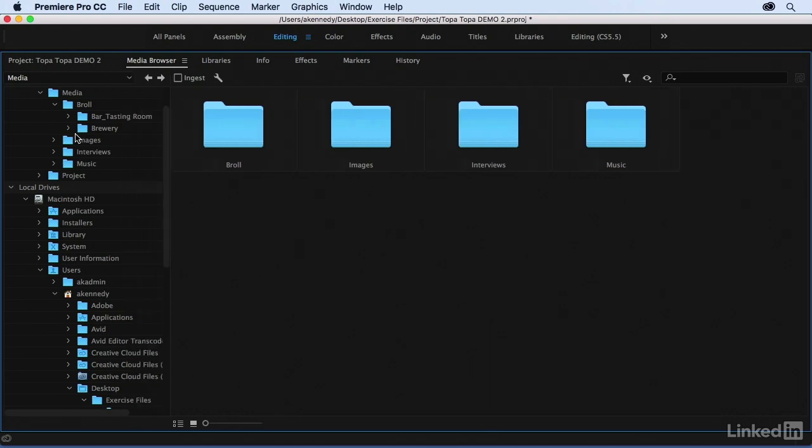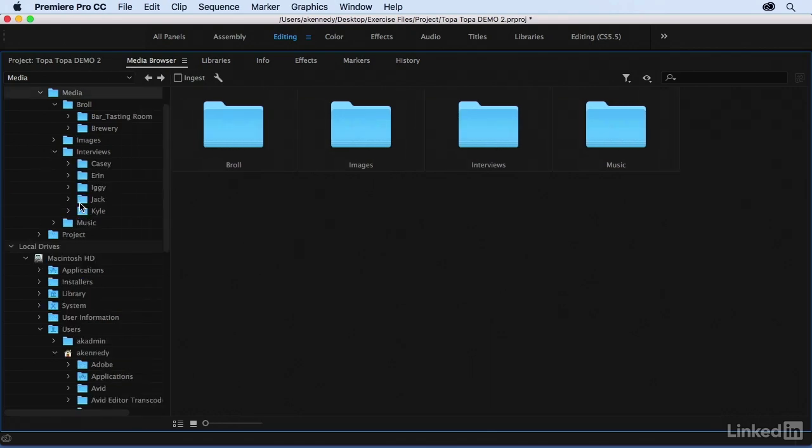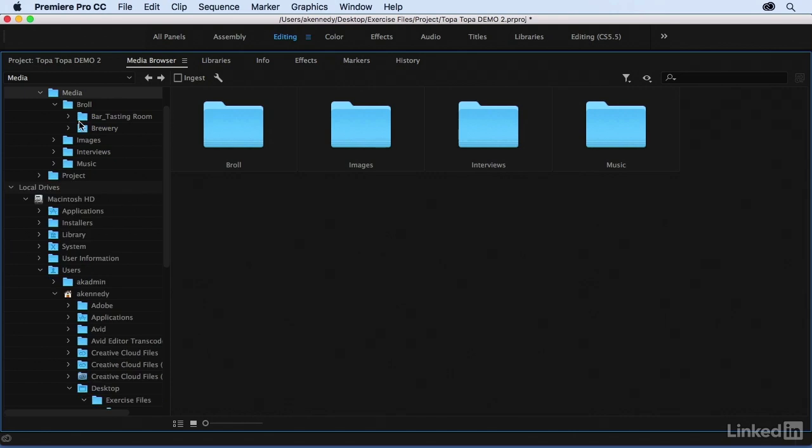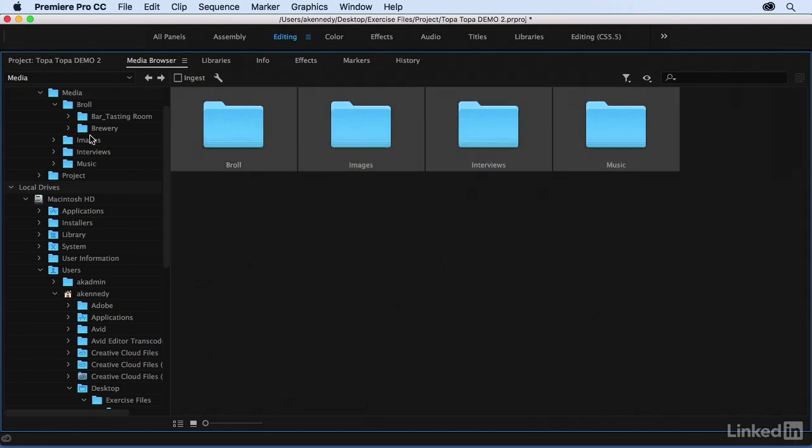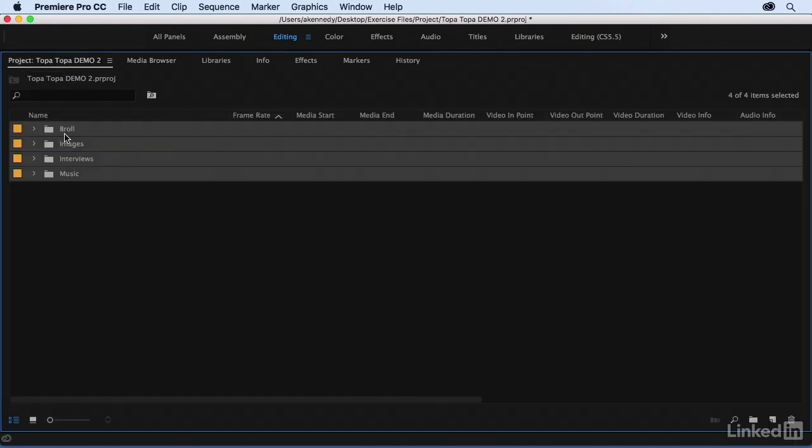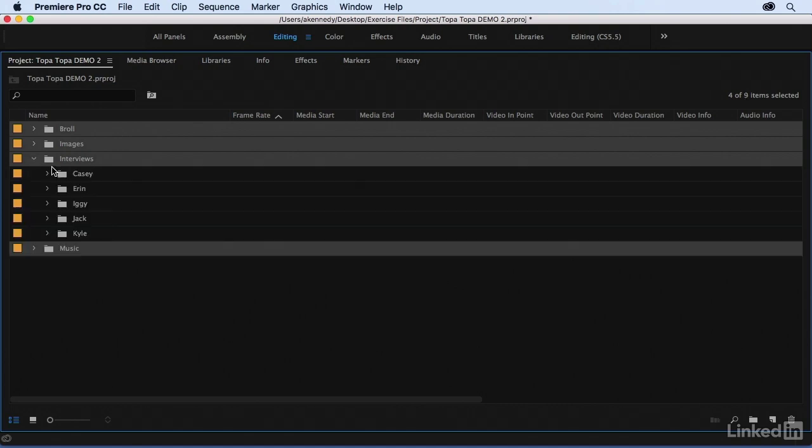For example, inside our interviews are all of our interview subjects. Obviously, we have our categorical bins inside of B-roll. But let's go ahead and just bring in our top-level bins, and all of this folder hierarchy will be maintained when we bring it into the project. So I'm going to right-click and choose Import, and then we'll head over to our project panel. And here are our top-level bins, and of course, inside each of these are the additional bins that we saw